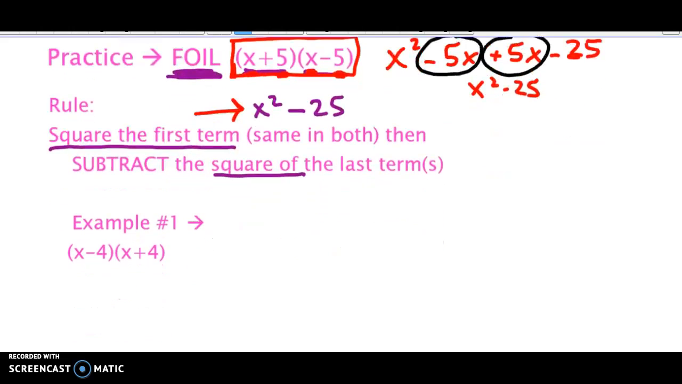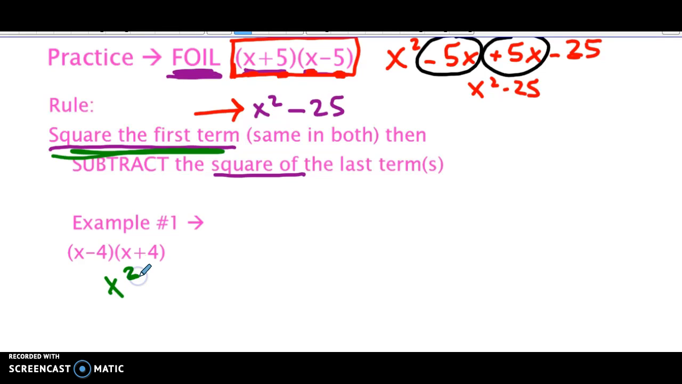Let's try one more like this. So I have x minus 4 times x plus 4. I'm looking at this and I'm thinking, okay, I could FOIL, but is there a shortcut? So is this a binomial square or a difference of two squares? Because I see the different signs, I remember this is difference of two squares, so I'm going to square the first term,